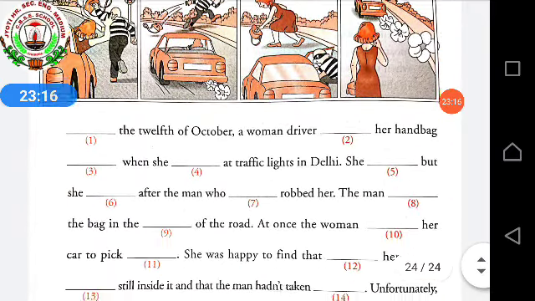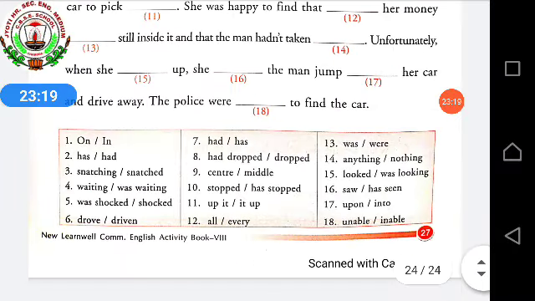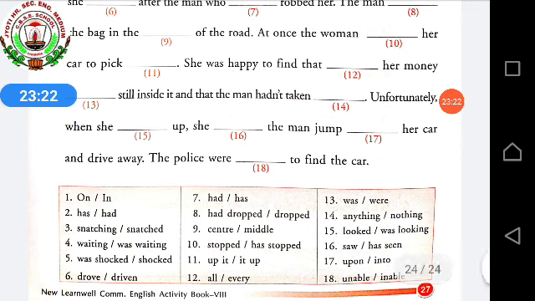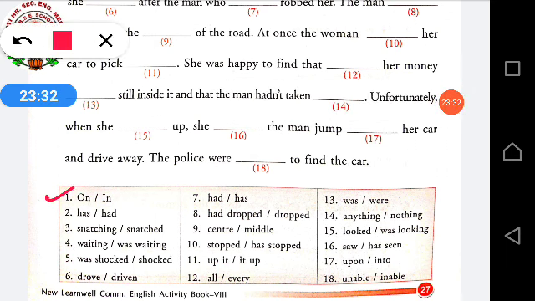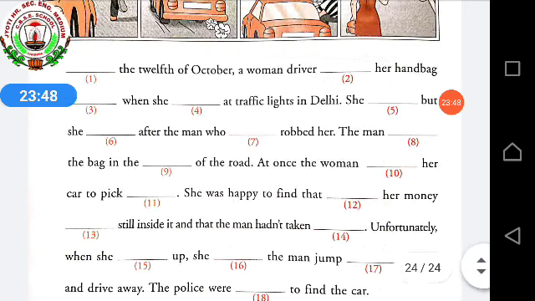But taking all these alternatives as a hint, you people have to solve by yourself. Two alternatives are given for each fill-up. Out of these two, one is the correct one. Like on, in. So while reading, you can understand whether on will come or in. Has, had. Whether has will come or had. In this way, you have to do the fill-up.